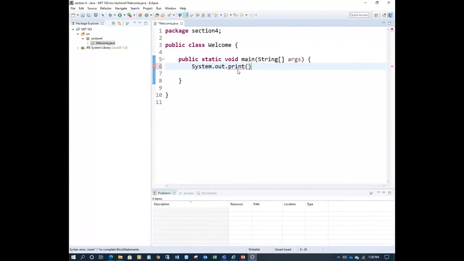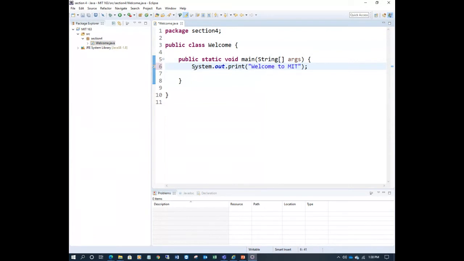So what is the syntax? Double quotes. Whatever you want to print, a message, numbers, anything, must be enclosed in double quotes. This must be remembered, right? And each statement, this is one statement or instruction, must end with a semicolon. This is also to remember, right? So here, some message you want: Welcome to MIT. This is your simple message.